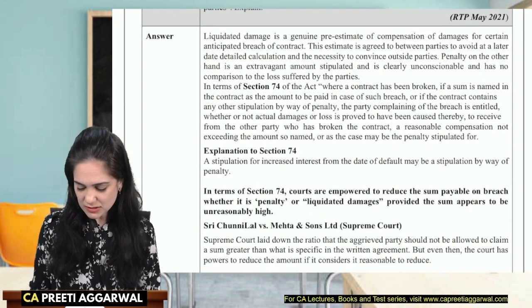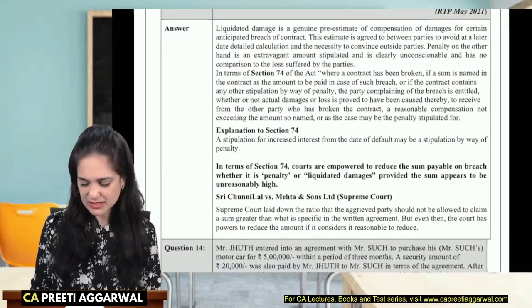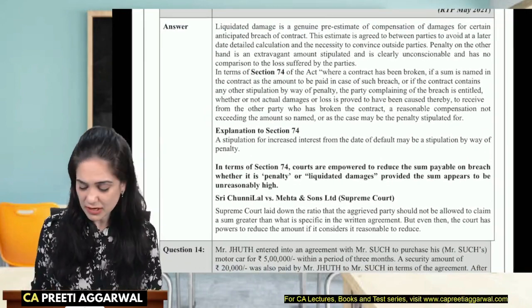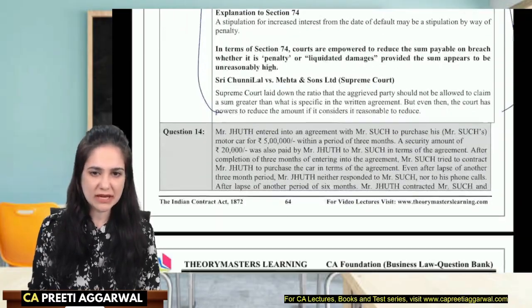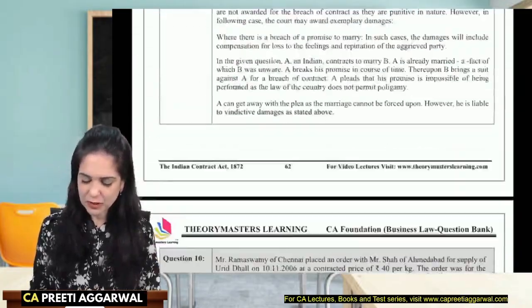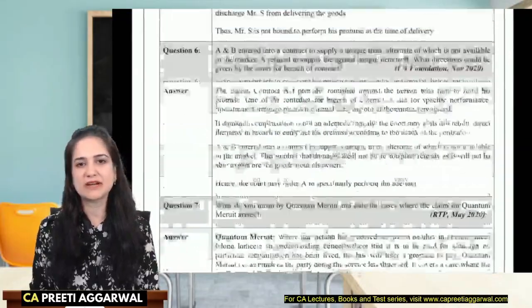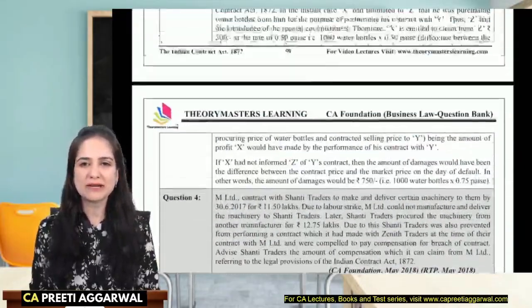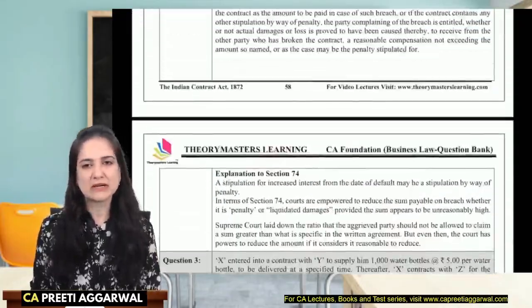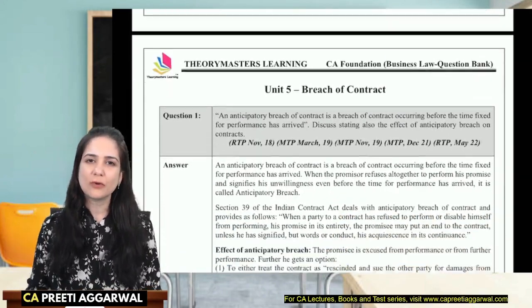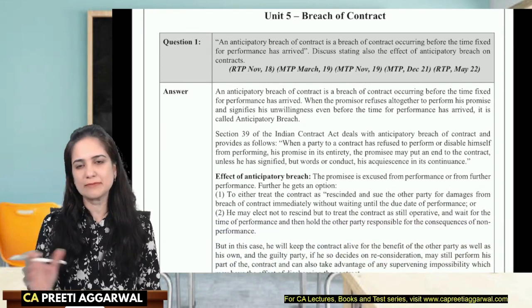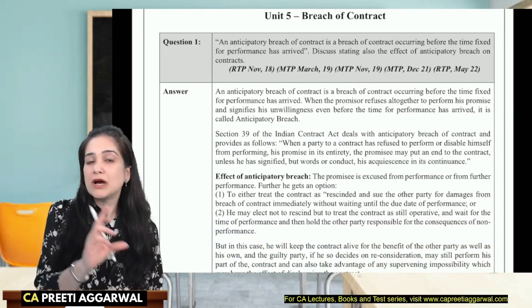Compiler contains answers which are full length answers as expected by ICAI. So these are actually the model answers given by ICAI, and I have arranged everything unit wise. So my model is that you first study the notes, go through the lectures, and after that immediately go and solve the questions from the compiler. So this will ensure that your concept is properly applied.